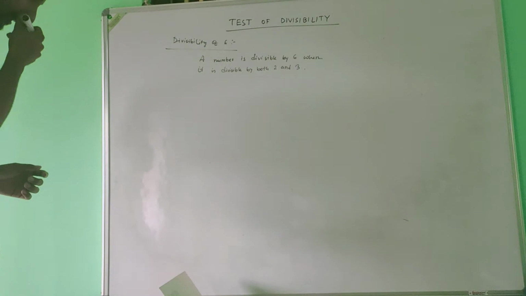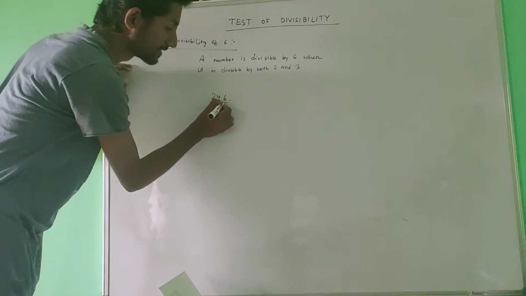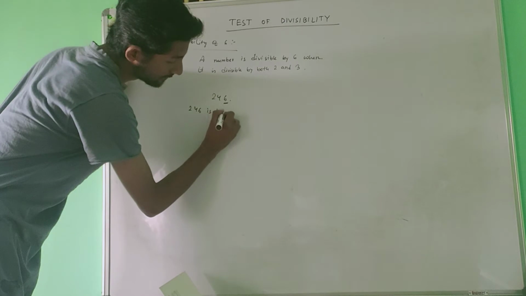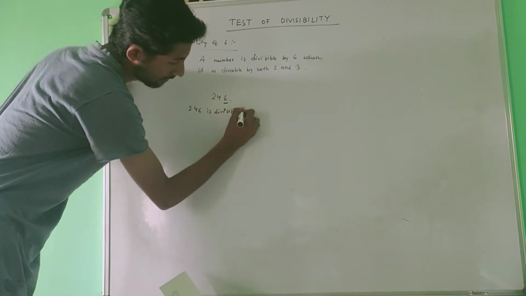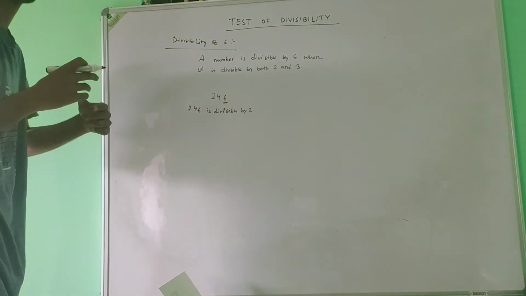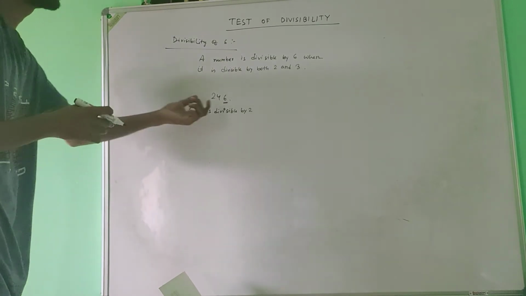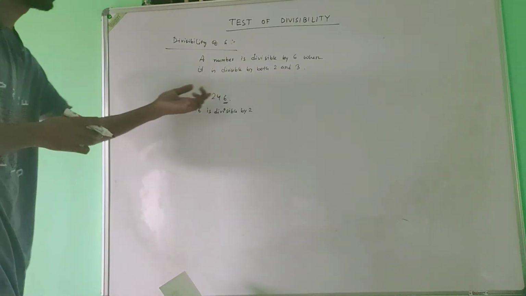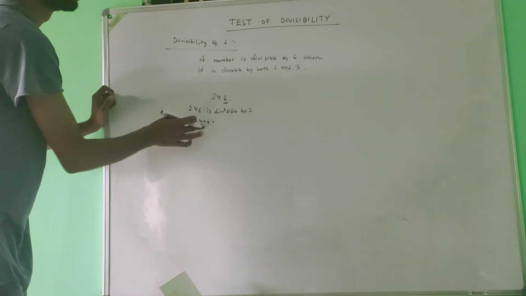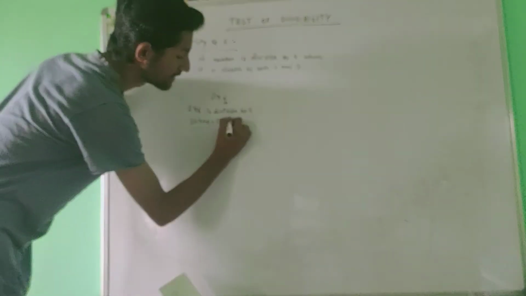Suppose we take 246. Now the last digit is 6, so it is divisible by 2. So we can write 246 is divisible by 2. Now add all the digits. So what is the rule of testing the divisibility of 3? We have to first add all the digits. So we will add 2 plus 4 plus 6, which is 2 plus 4 is 6, 6 plus 6 is 12, which is